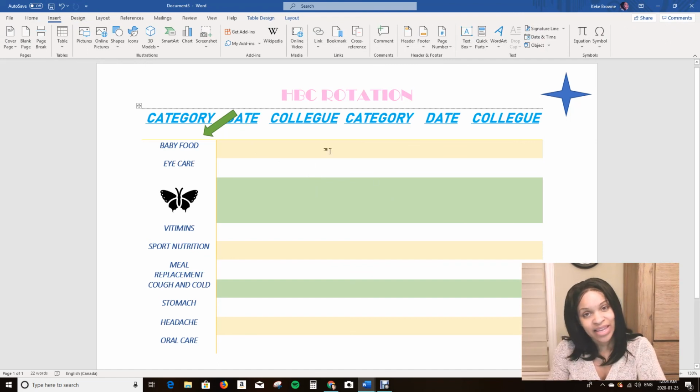So again, that's how you edit a Word template, guys. And if you have any other questions on this or anything more detailed, please email me at